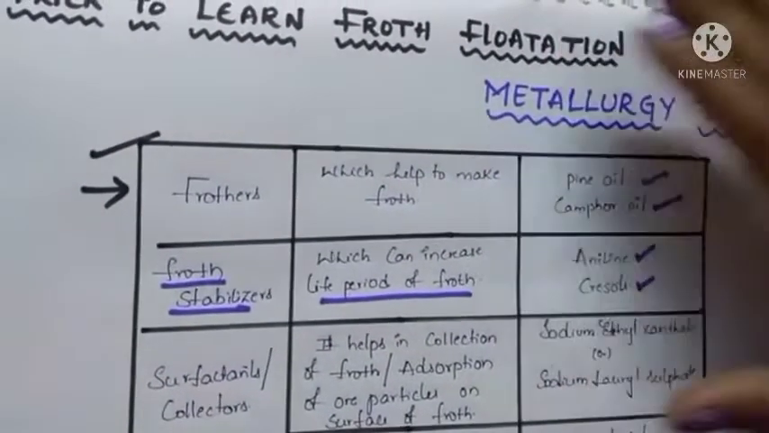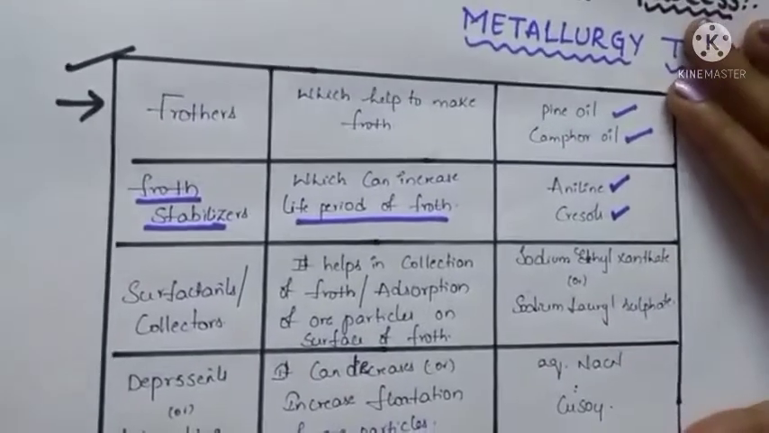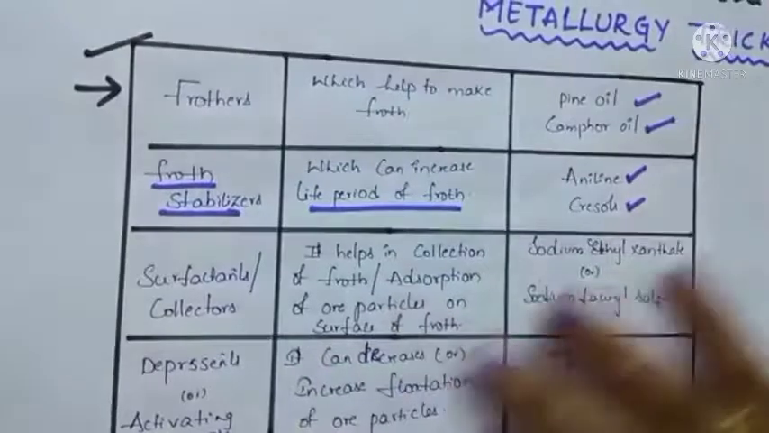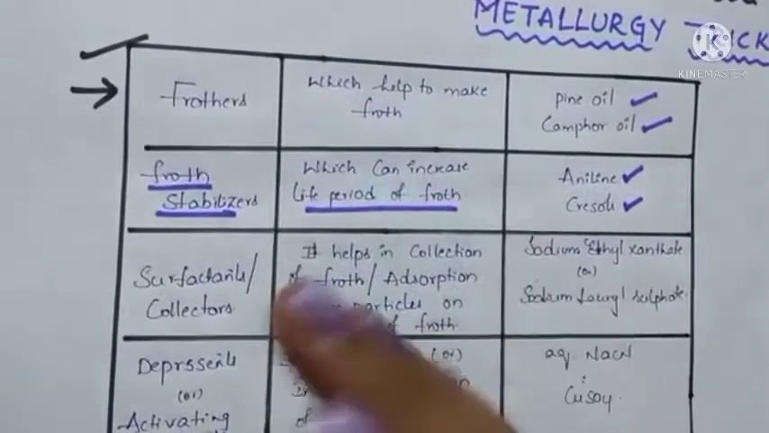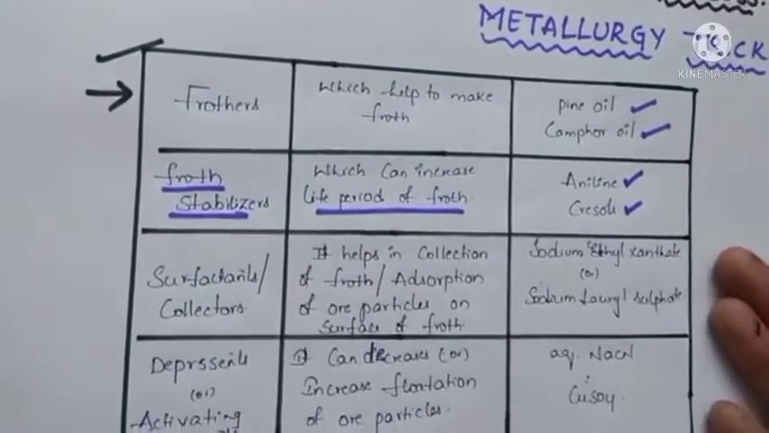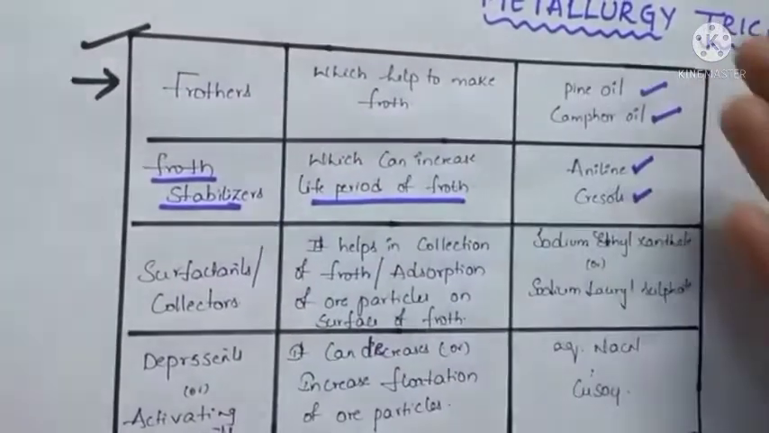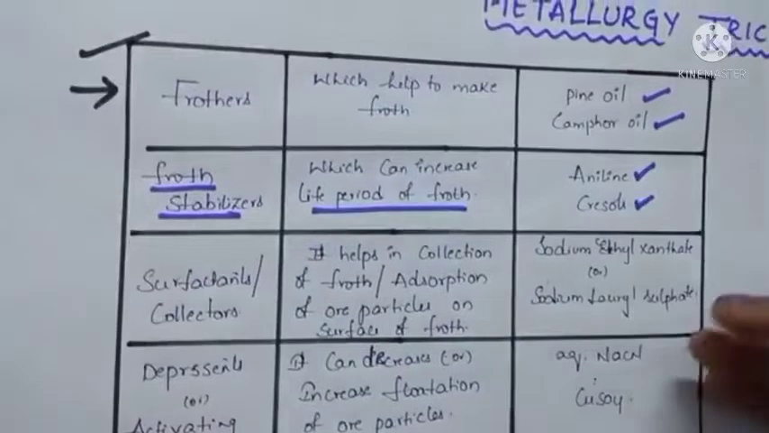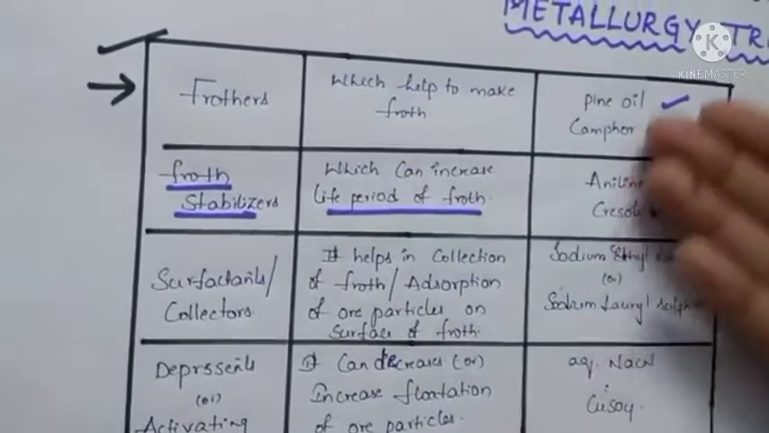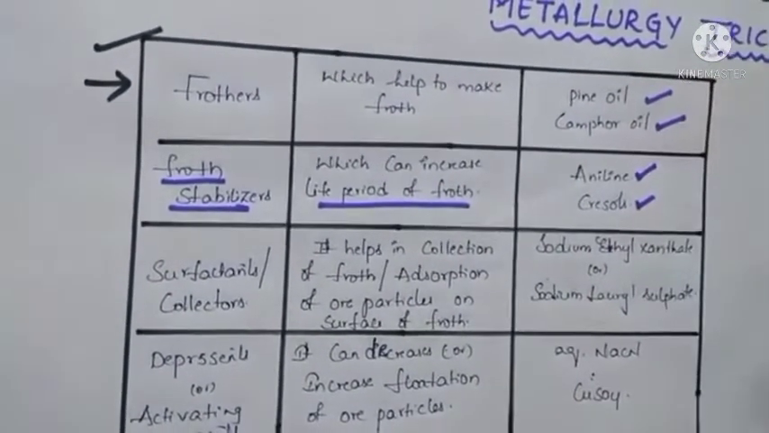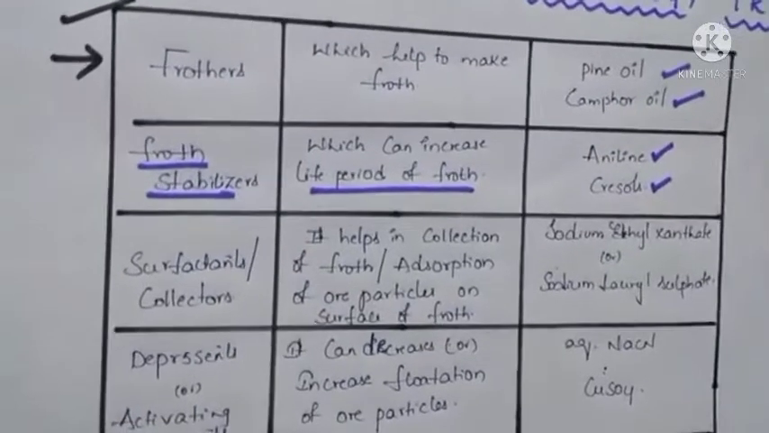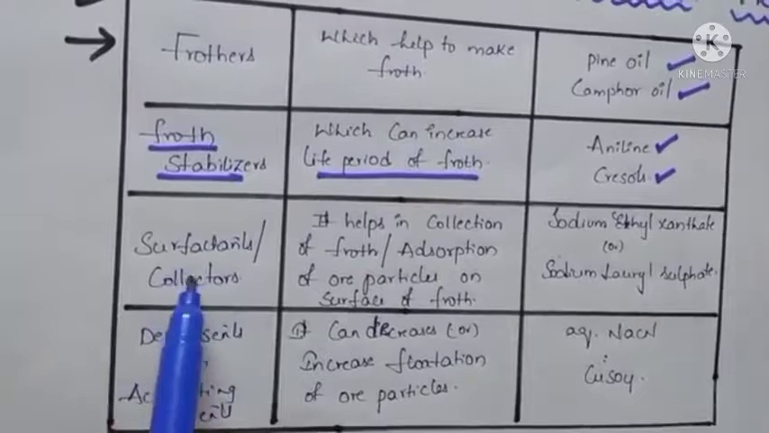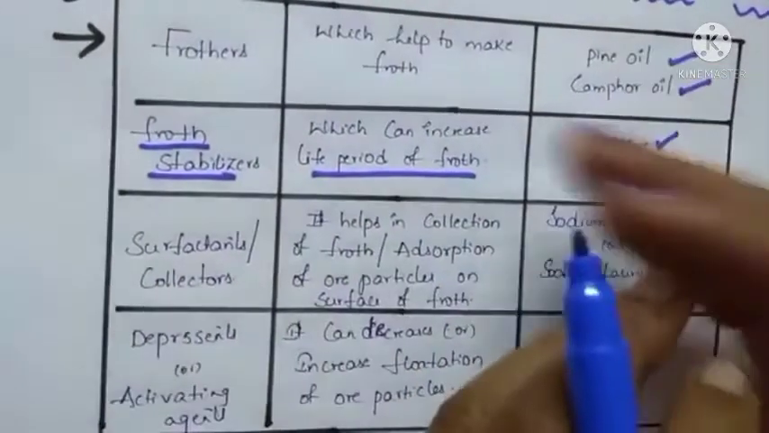See students, this chart is very important, because in many exams they ask these questions. What are frothers? What are froth stabilizers? Give me an example of froth stabilizers. Which of the following is an example of a frother? Example: CuSO4, aniline, cresol, pine oil. Then what is your answer? Pine oil is the answer. These kinds of questions you get. So listen carefully. Next one is, once the foam is formed,